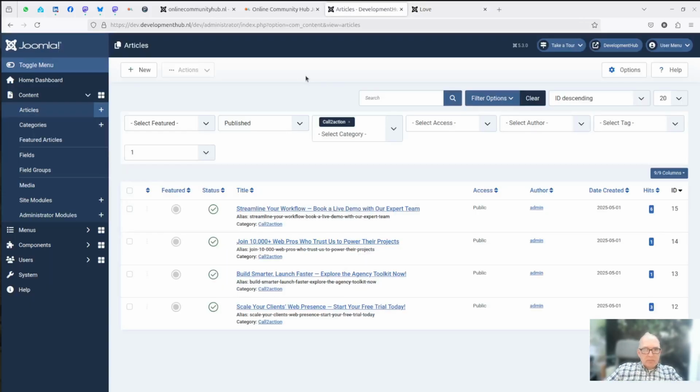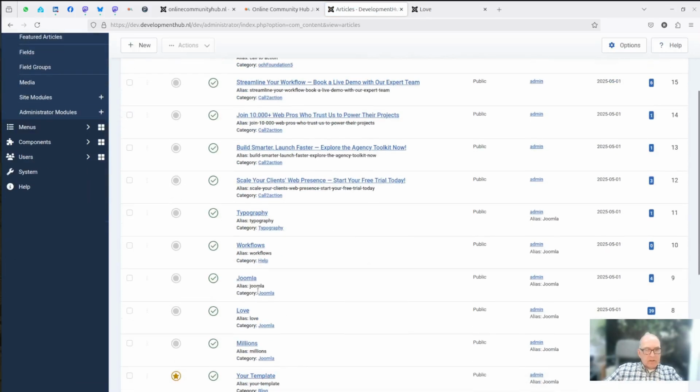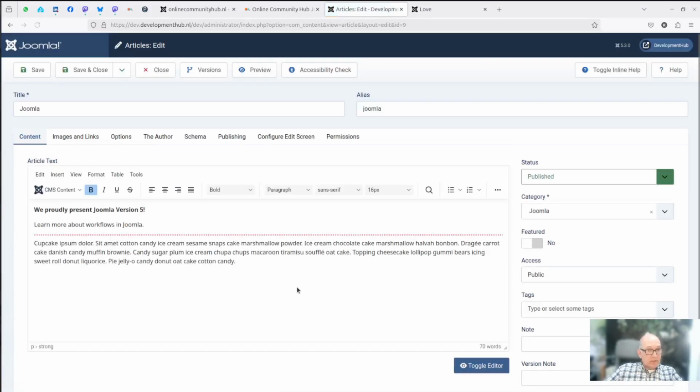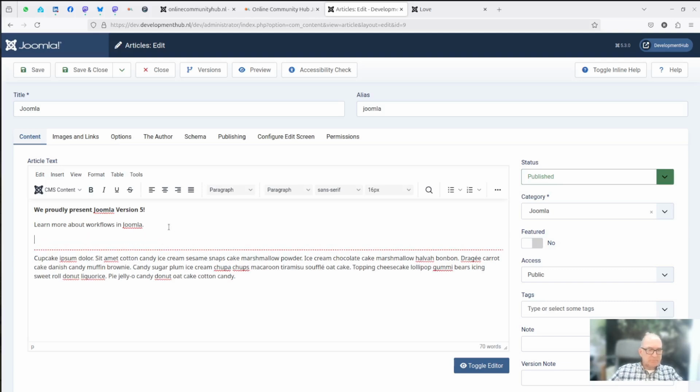Okay, now I hear you thinking, yeah, great, but if I want to have this call to action in another article as well, then I have to insert it here again. Okay, but that's where injectors come in, because with injectors you can automatically inject anything, so also the article tag, into content based on several filter criteria, but that I will show in a separate video.